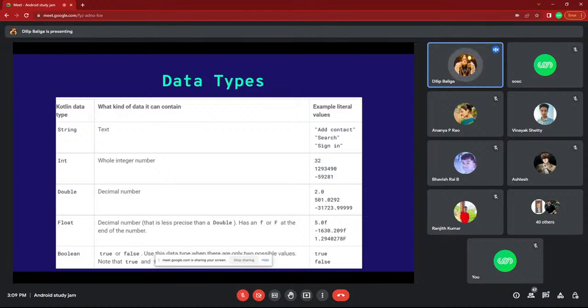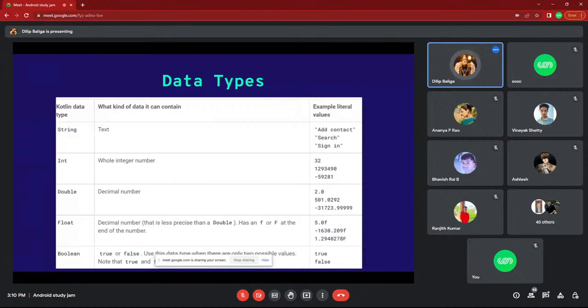Now we'll compare these basic data types with Java. What is the difference? I think you all know Java. In Java we have int also, but that is a small int. Then what is the difference between that small int and this Int? This Int is a wrapper class, which by default can contain a null object. That is the difference.